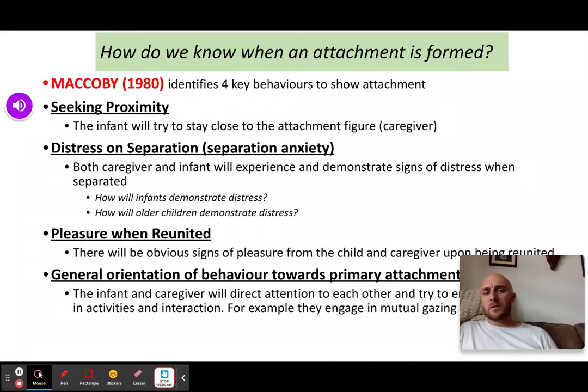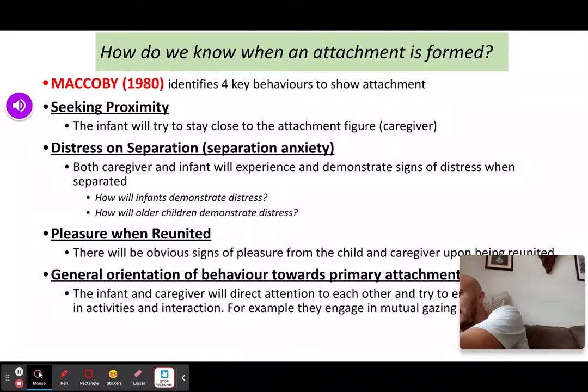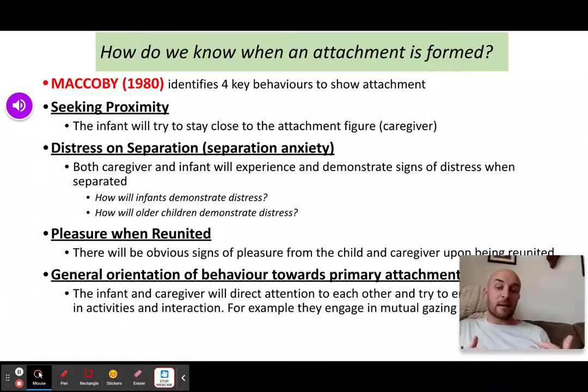So not only do they show attachment by seeking proximity, but they also show attachment by being clearly stressed when the main caregiver is away, and this is called separation anxiety. So if the mother were to walk out of the room,